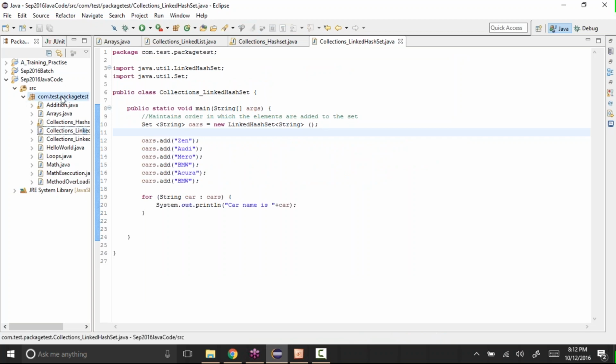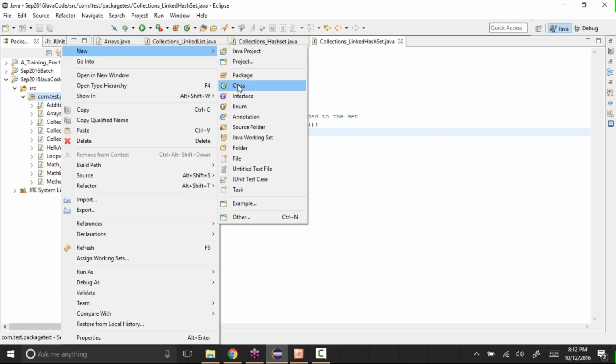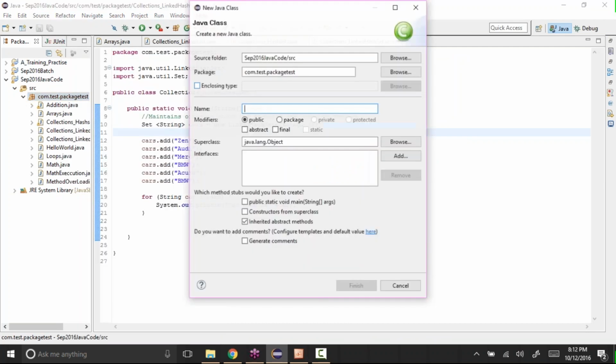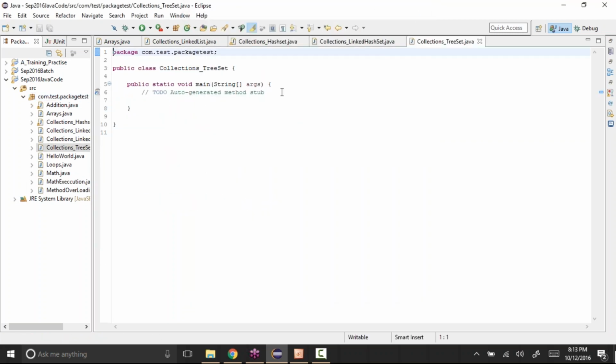I'll create a new class just to keep all the code separate. I'll call it collections underscore tree set, and I need the main method. Everything will be the same, only the difference would be the object that you create.